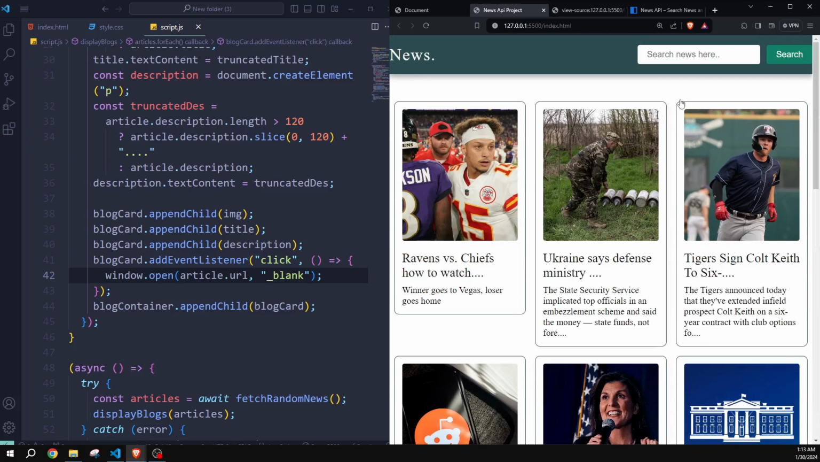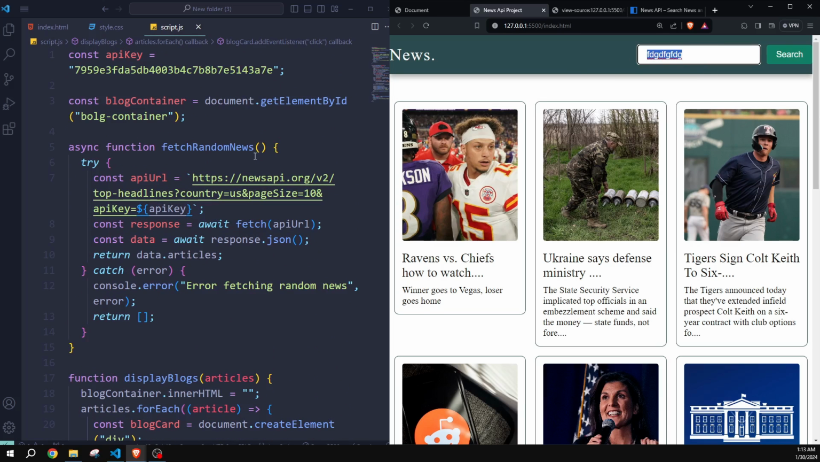Now, if anyone wants to search an article based on their query, we have to create a function for our search field also. So first we need to take the value from here. So we have to target our input field. Let's go to the top,